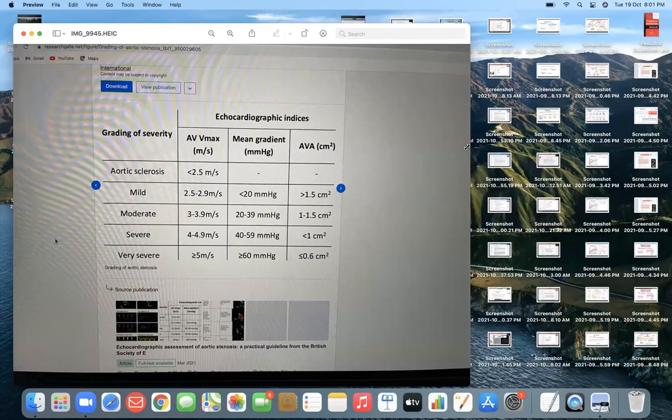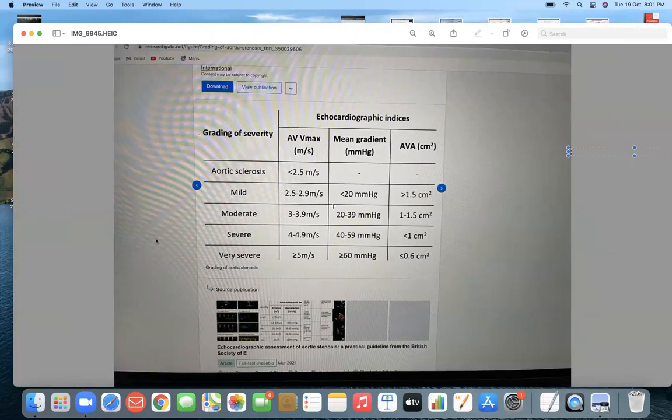Yeah, this is what I was telling you for the aortic stenosis. Here you see for aortic stenosis, mild is less than 20. Moderate, we can keep it as less than 20, 20 to 40, 40 to 60, and more than 60. Again, same as in pulmonary stenosis, if the patient is symptomatic, even if the gradient is less than 60, you will go for intervention like balloon valvuloplasty or, the second, what I said,